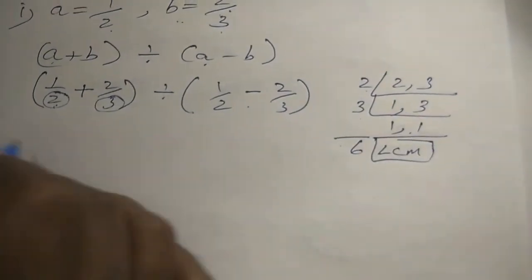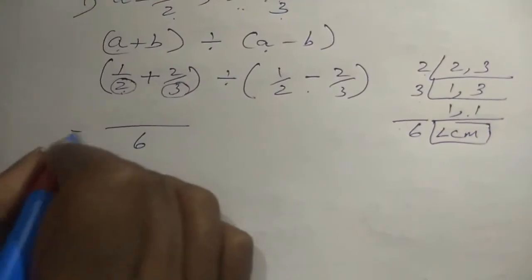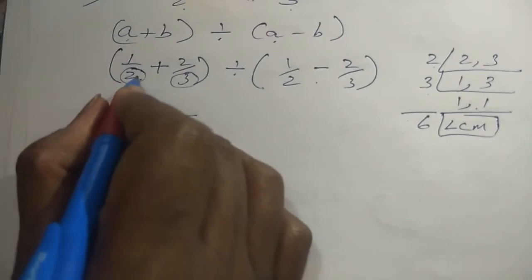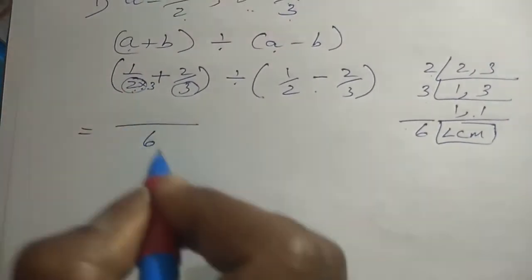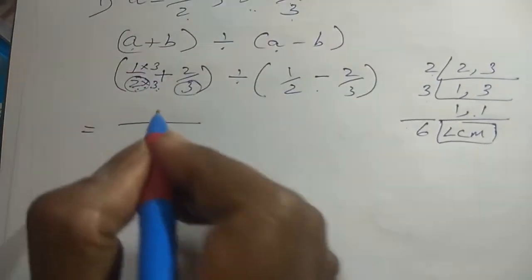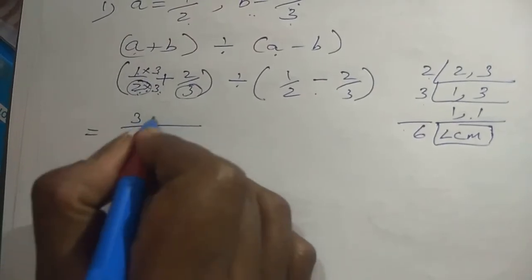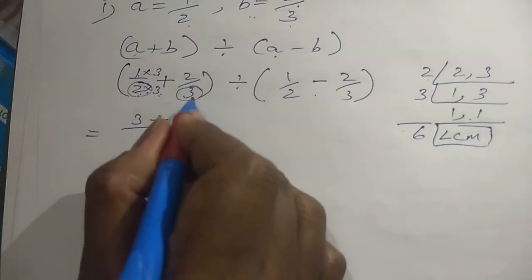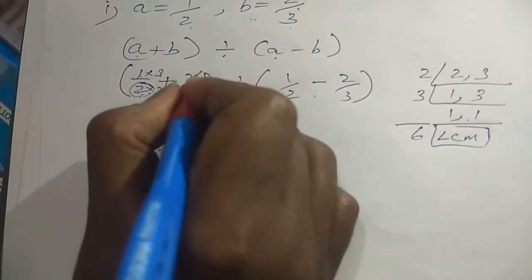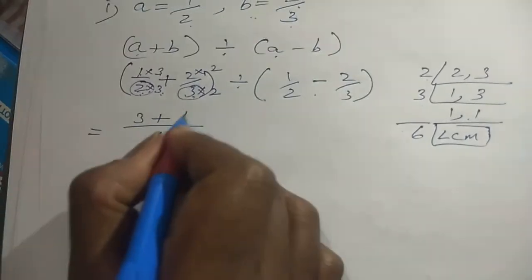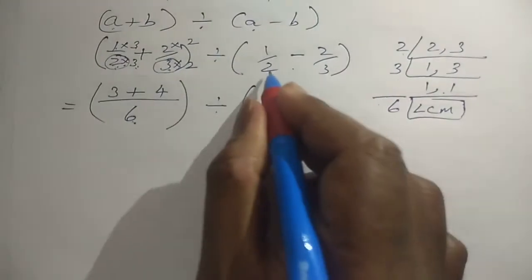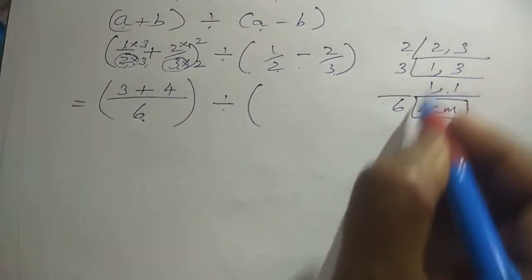Alright. So here I write this one as equal to 6. So we have to multiply something here. So when we change it into 2 into 6 here, so 2 3s are 6. So we are multiplying some new denominator here, so you have to multiply with the numerator also. So 3 1s are 3, here it is 3 plus. So here it is 3 already in the denominator. You have to get 6 here, so you have to multiply by 2. So here you have to multiply the numerator also with 2. So 2 2s are 4. So we finish the first bracket. So divided by the second bracket. Again we are having the same thing, 2, 3. So the LCM will be here 6.